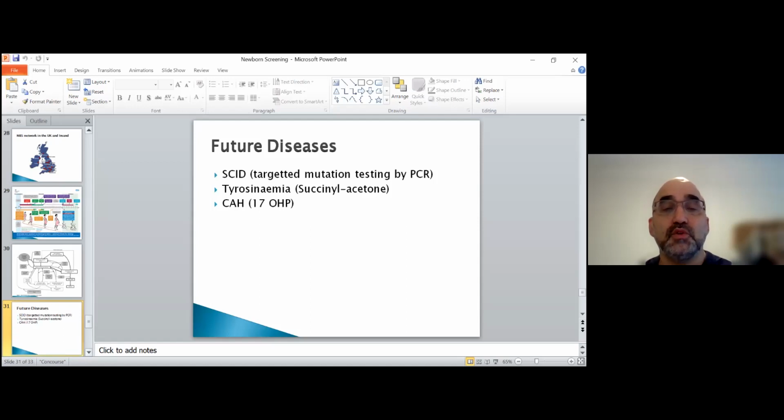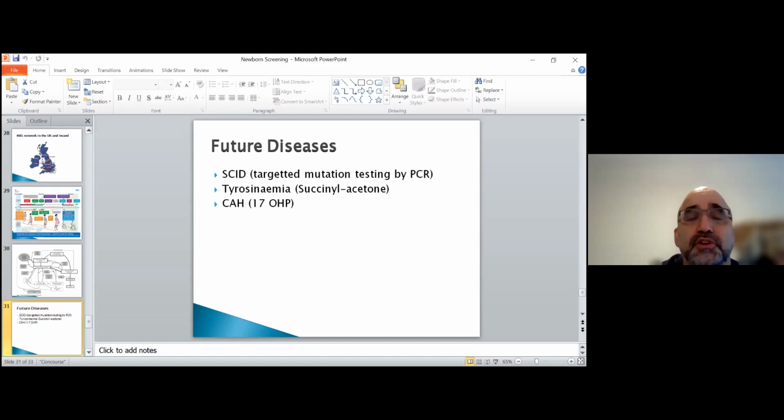So as I said, it goes to a committee of national experts that look at the evidence, look at the other countries that may have done it, and see what the outcome is, and then they decide what to do. Occasionally, there are diseases that are in the newborn screening service, and then they are removed because there is no evidence that they are effective.